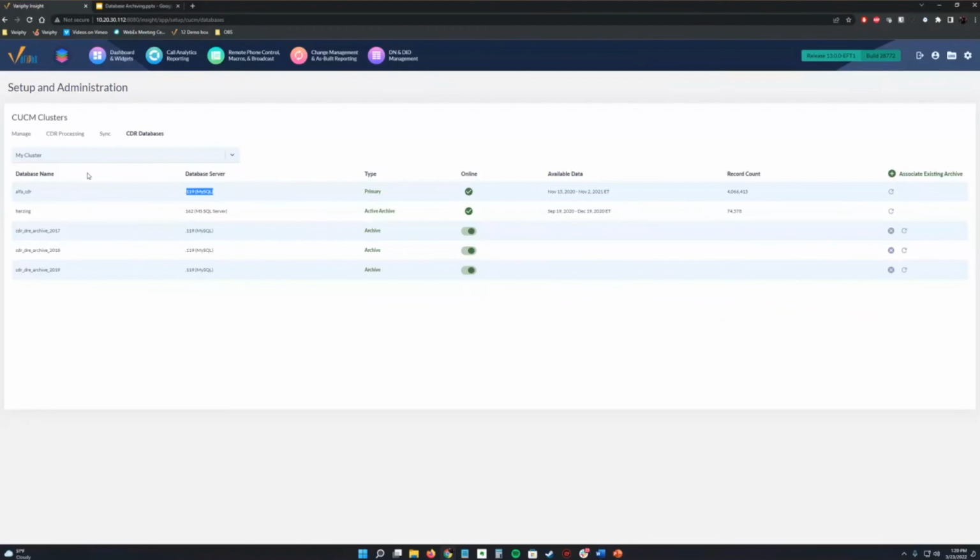Can you mix and match? I actually am not 100% sure if you can. That's a great question. You know what? I believe you can. Let's say you have just one Microsoft SQL server and you need some more servers, but you don't want to build a whole other Microsoft SQL server.